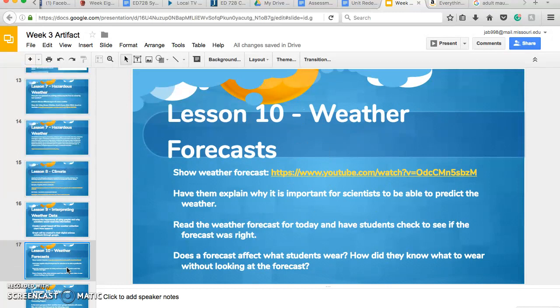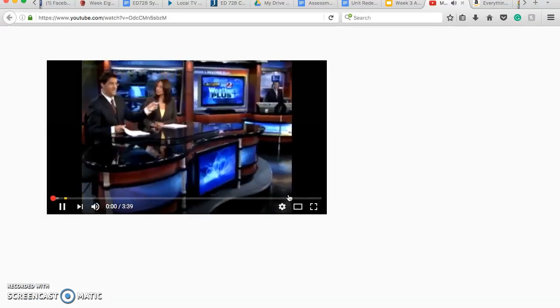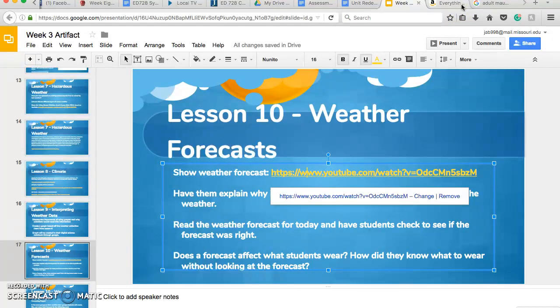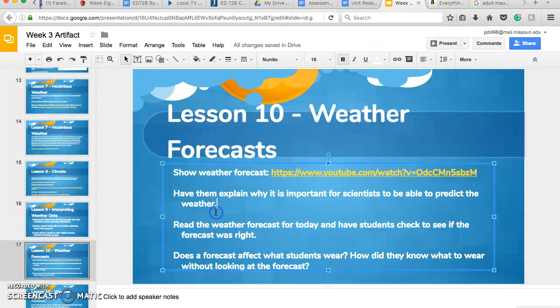Alright, the last lesson is weather forecast. So here is a clip showing a weather forecast. This is to show students just in general what it looks like, what things they need to put into their project at the end, and just different things to talk about, different vocabulary they can use. So basically what they're going to do, it's like a second